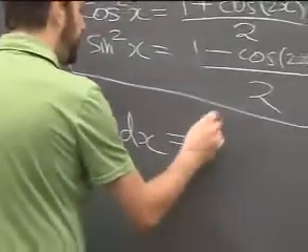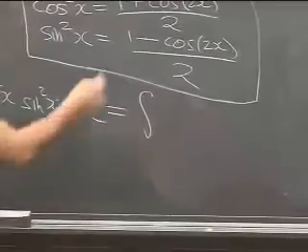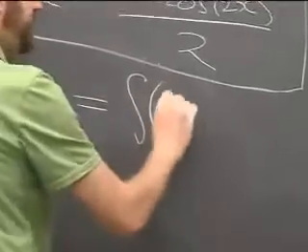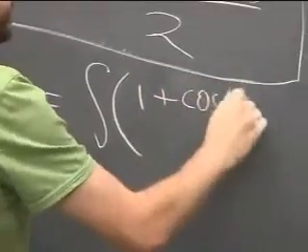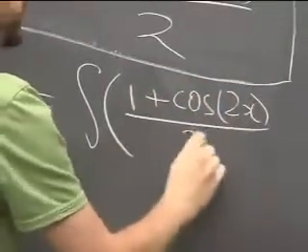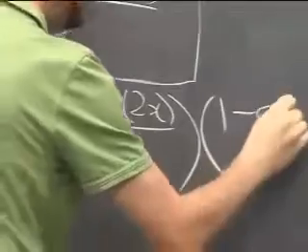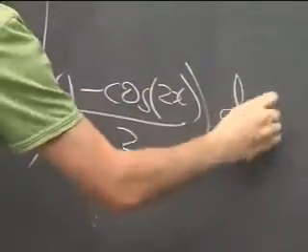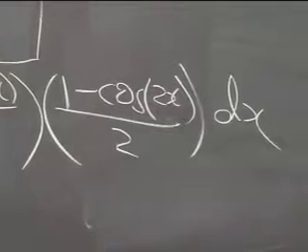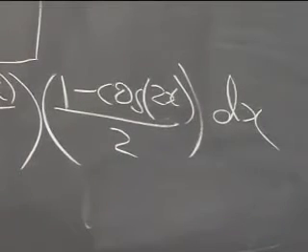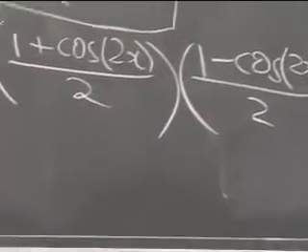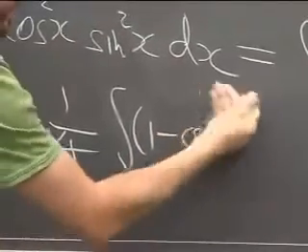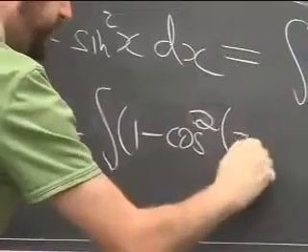So just use both of those formulas there, and you'll get 1 plus cosine 2x over 2, 1 minus cosine 2x over 2. Okay, well, that's a difference of squares. There's a factor of a quarter, so you have 1 minus cosine squared of 2x